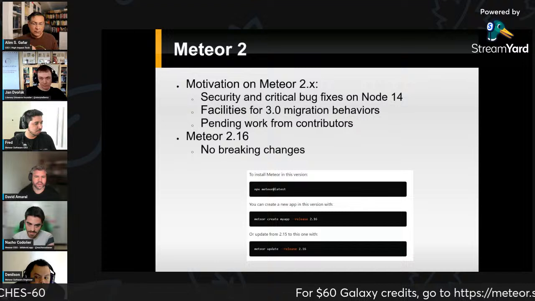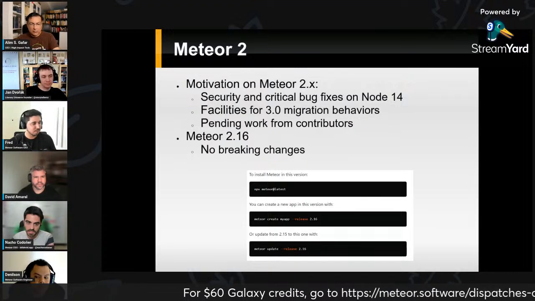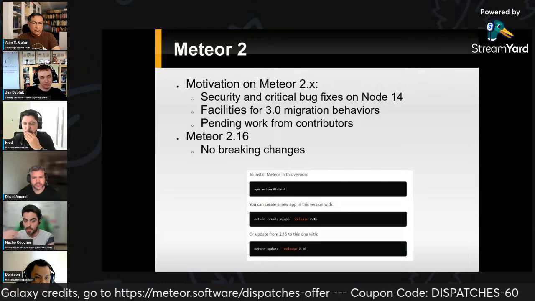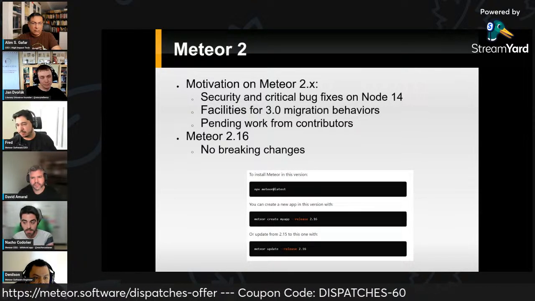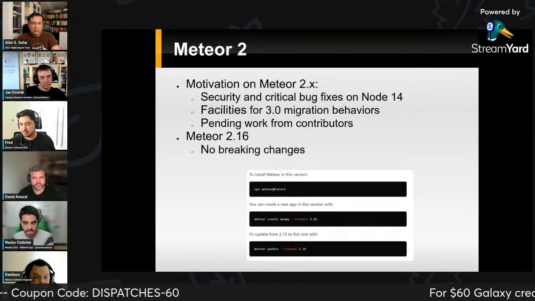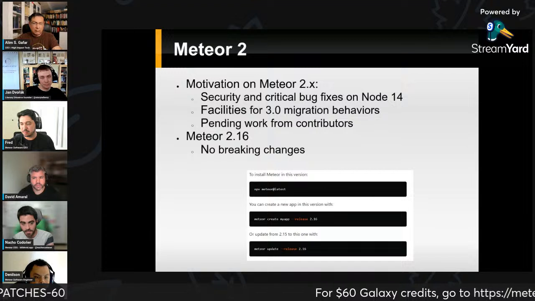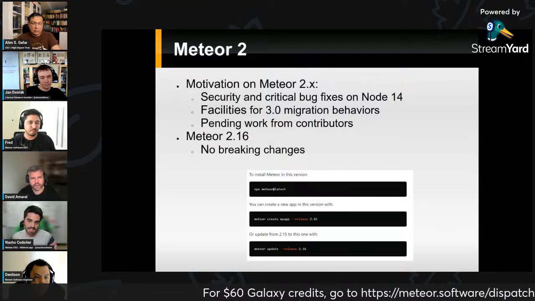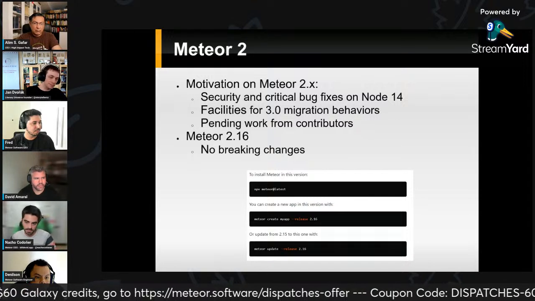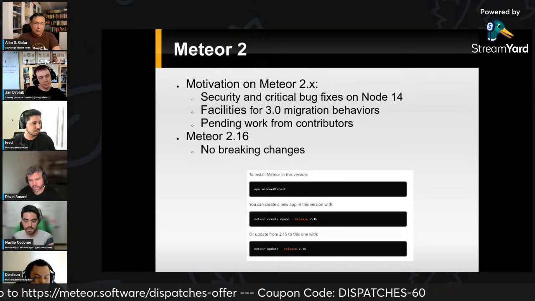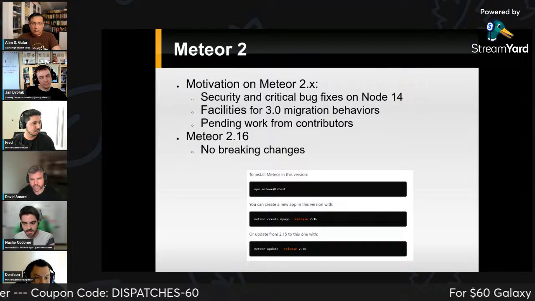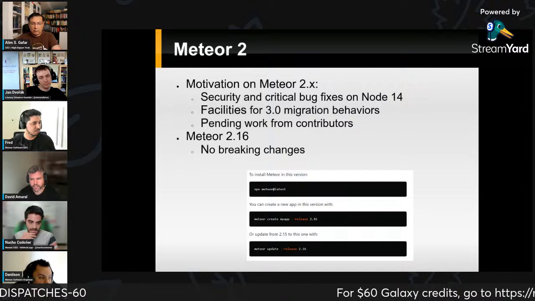But we cannot guarantee all the fixes to be resolved, because depending on the nature of the problem itself, maybe it cannot be compatible back to 14. But this is one of the reasons to continue receiving Meteor 2 releases in the future. Another thing is about creating helpers or facilities for the people to migrate from 2 to 3. Examples of this are to expand the async API behaviors, which we have already been doing for a really long